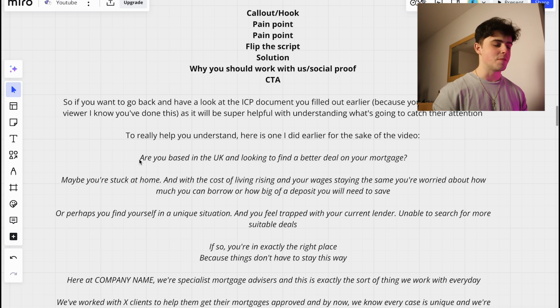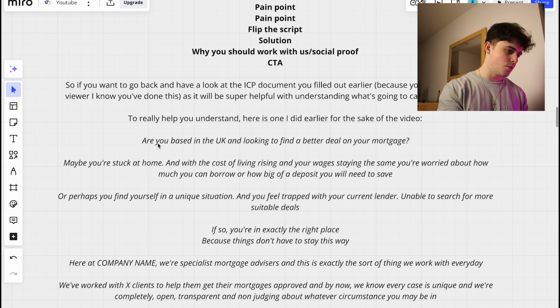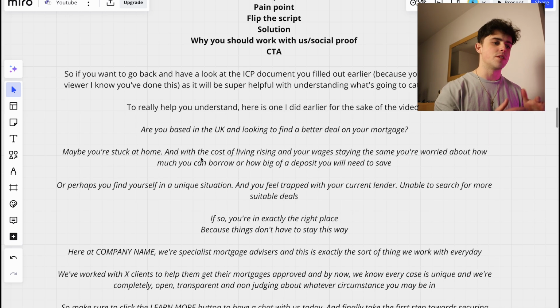Are you based in the UK and looking to find a better deal in your mortgage? So straight away, based in the UK, yes. Are you looking to find a better deal in your mortgage? Who isn't? You know what I mean? Maybe you're stuck at home, and with the cost of living rising and your wages staying the same, you're worried about how much you can borrow or how big of a deposit you will need to save. So obviously,